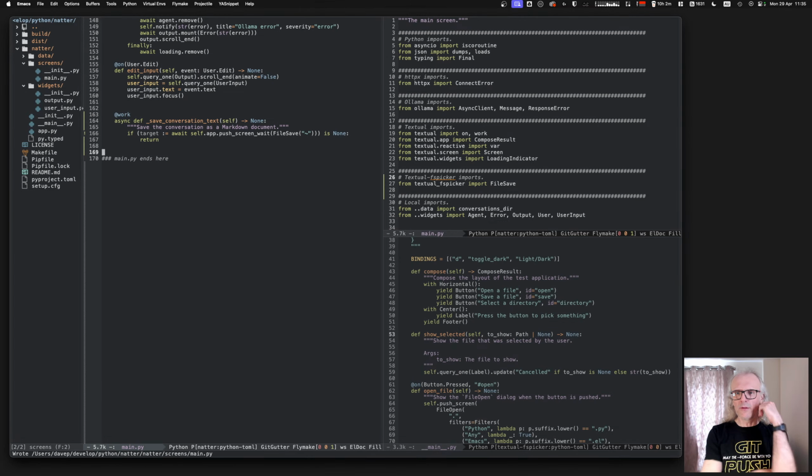Rather than do everything inside an if, we'll just go the other way. We'll say if the user backed out, we shall back out ourselves.